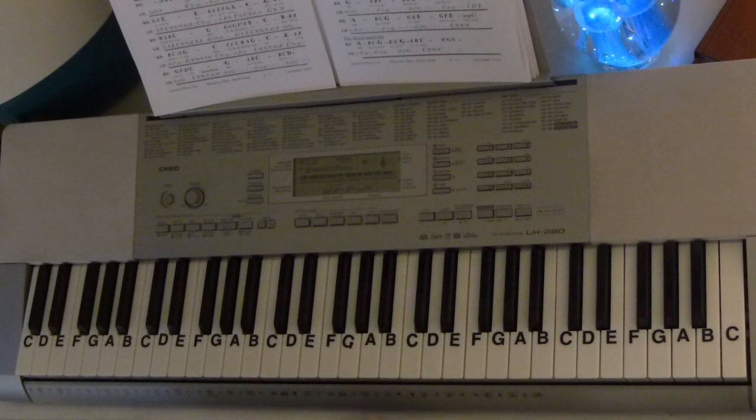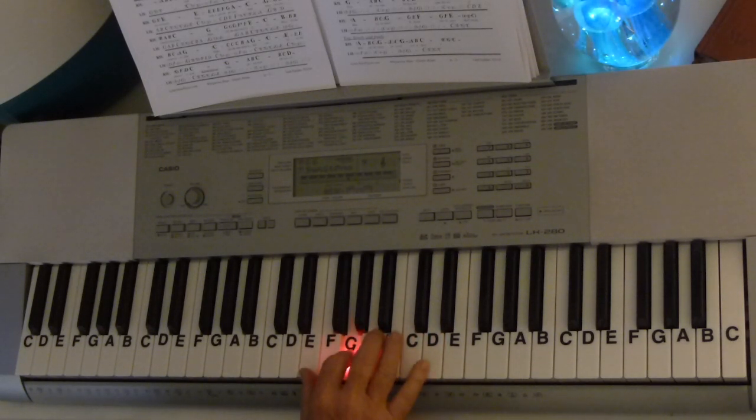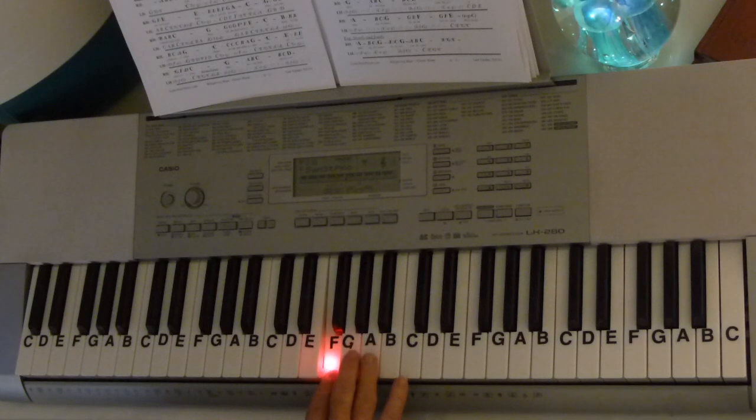Let's start with the melody. We're in the key of C. The melody starts on a G. G, G, G, C, B, A, G, E, F, F, F, A, G, F, E,